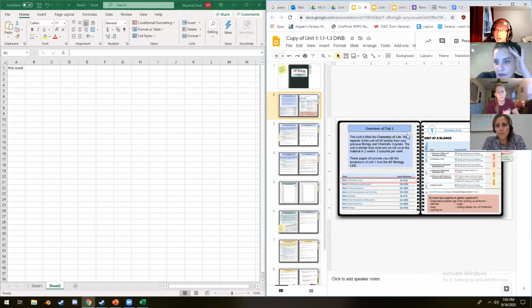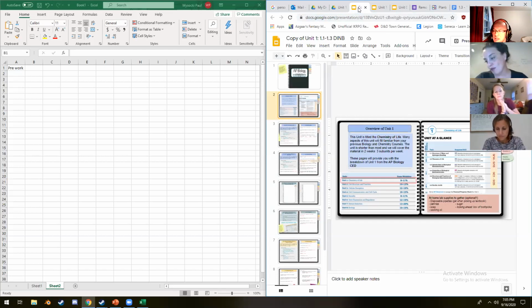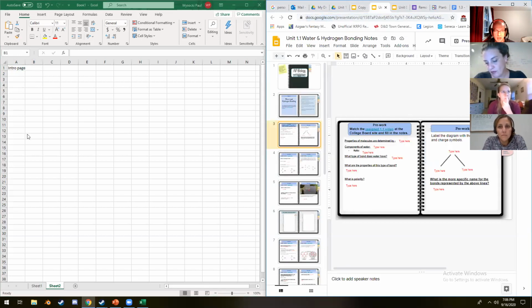I think the way that this is structured, at least saying this is what you're doing, because both of you had that, is what you need to begin with. And then depending on the teacher themselves, they'll determine what learning objective and how they want to structure that out, because it's easy to just snipping tool that to where you want it to go. So I think we probably want to start off with just an intro page, like this one right here, and then going right into the pre-work